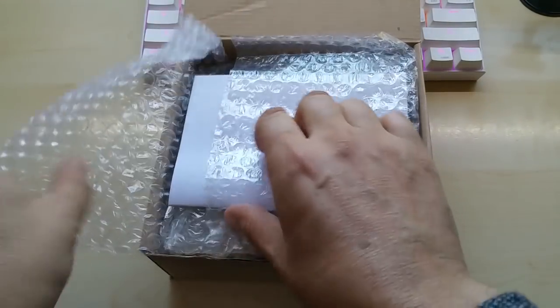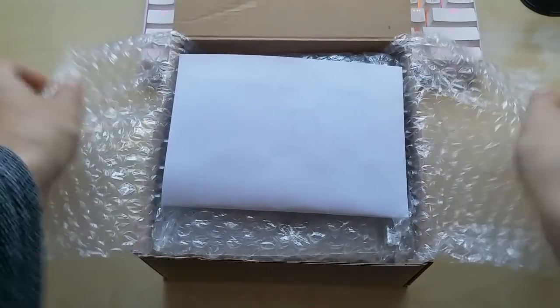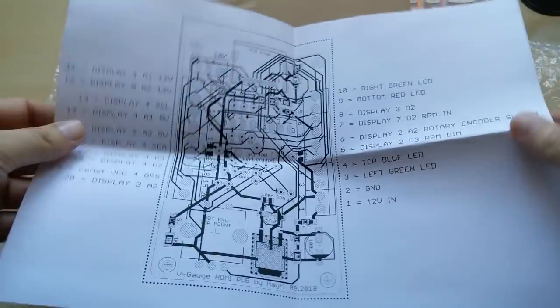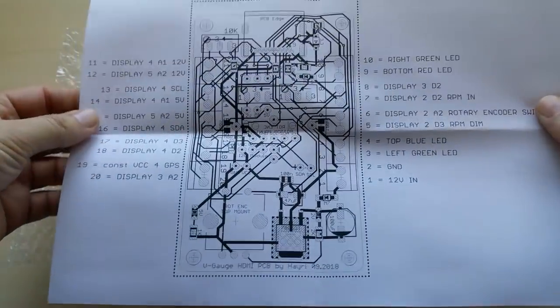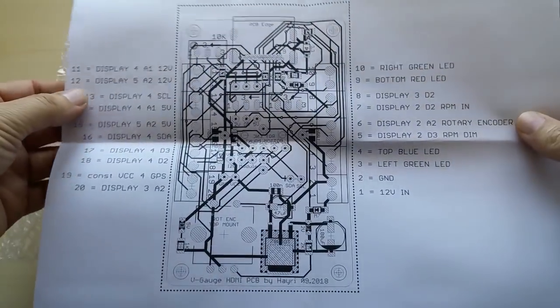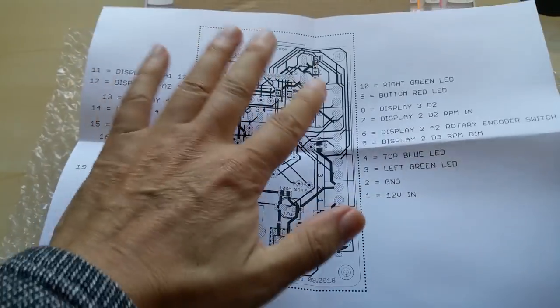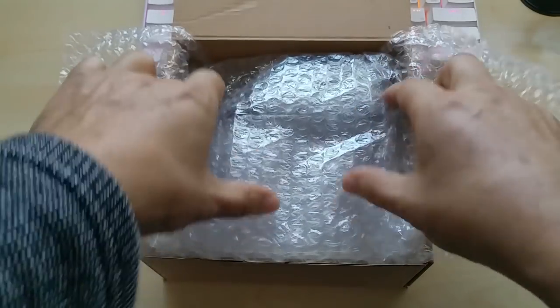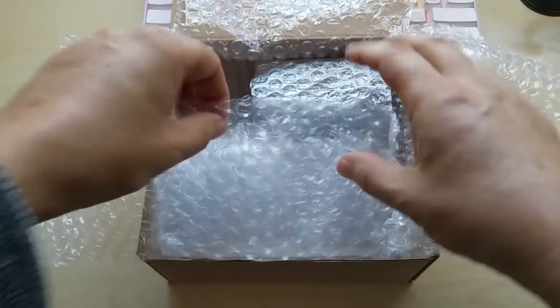So this is what you will be greeted with. First of all, this is just a wiring manual, and instructions will be following also. This is just something to show you how the pins are connected and what goes where. And this is just a test. So you will have